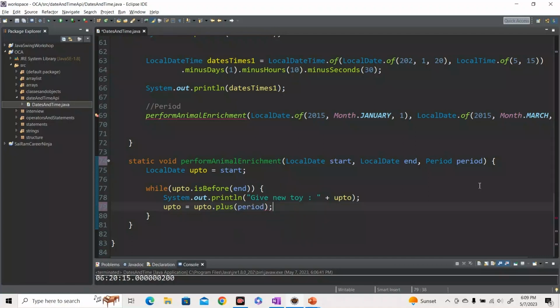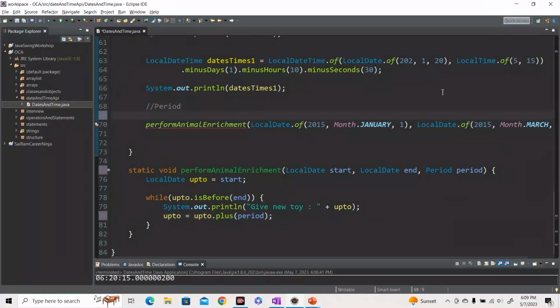So what will happen is, instead of adding a rigid 1 month value to the particular current up to instance, we're just going to add a period instead of that particular month. I hope that makes sense. Now we're going to create a new period object to pass into this method. So we're just going to say period